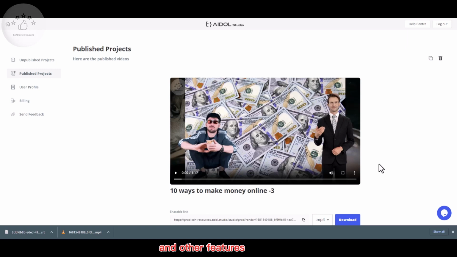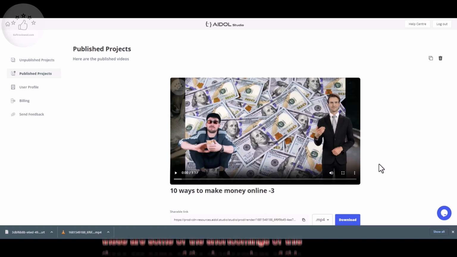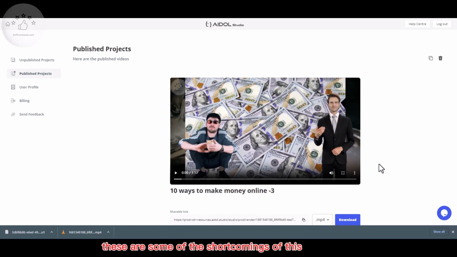And other feature, the lip sync is really not up to the mark when you compare it with industry leaders like Synthesia or like PPO, things like that. And also the voice is just okay, not like really good voices. Premium voices are also not available. These are some of the shortcomings of this, but if you want to get this for a lifetime deal,